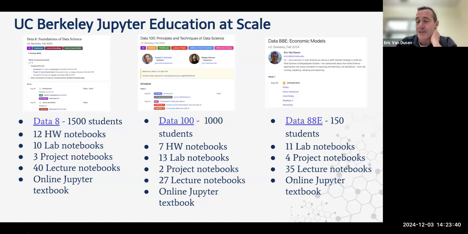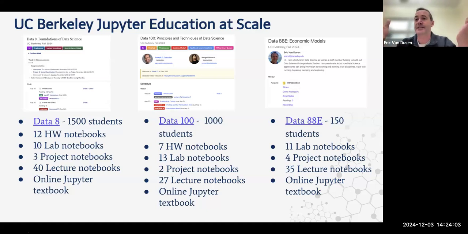So the Data 8 class is a really good place to be like, I'm just learning Python, I'm just learning code. If any of you are staff or want to see what it's like to try out Python, go to Data 8 and start clicking some links, and you can start seeing the materials there. You should be able to click the links on the Data 8 website, and if you have a Berkeley login, you should be logged in on the Jupyter Hub